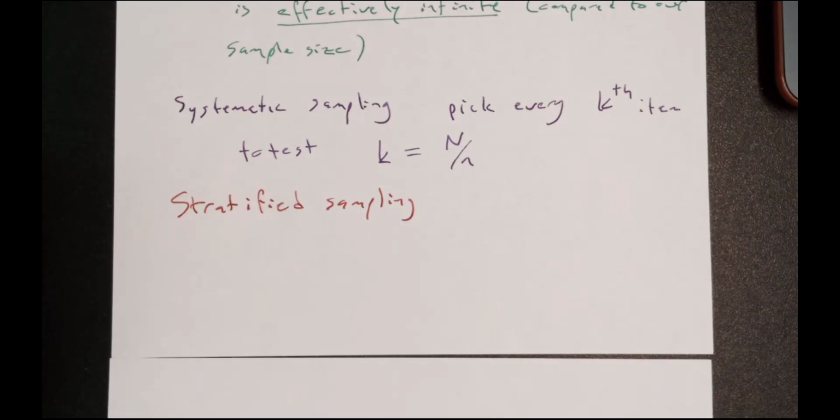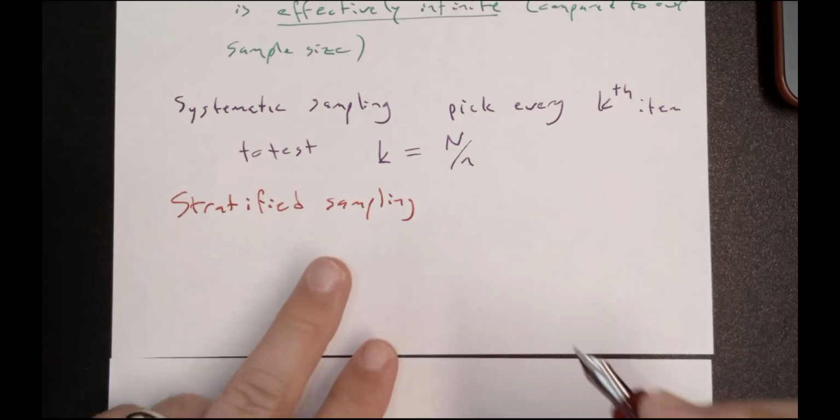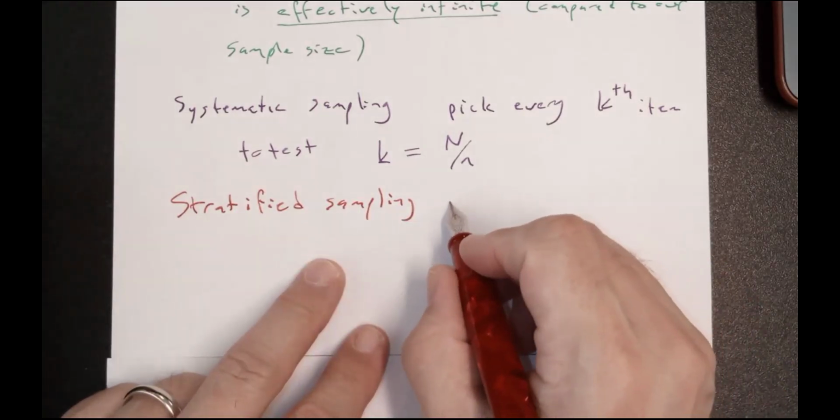Let's suppose that our population has some distinct subgroups, and I want to make sure I don't just sample within one subgroup. What I really need to do is look and make sure I get some from each of the subgroups. We're just talking about 4 different machines, right? I need to make sure I didn't only get samples from one machine. I need to take samples equally across all 4 machines for my quality control. So what I could say is that if I have layers or strata, groups,